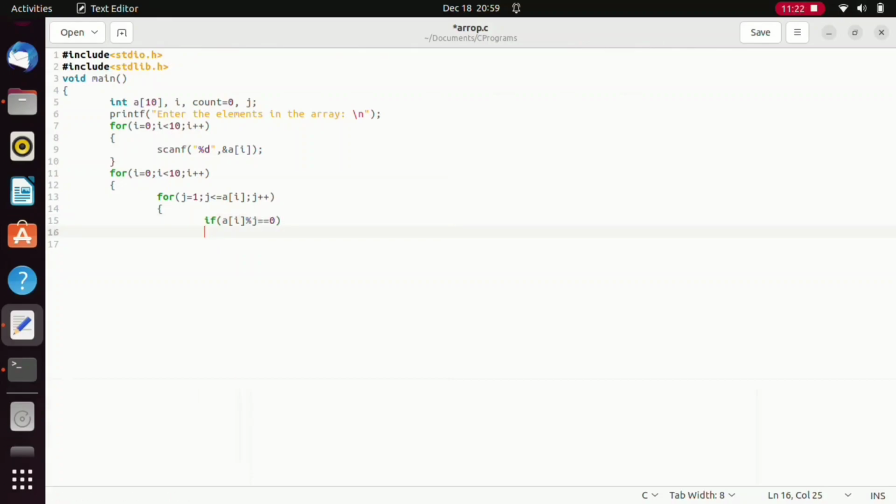If it is true, then we are going to increase the value of count, count plus plus. After performing this section of code, we are checking whether the value of count is 2 or not. If it is 2, simply print that element. So we'll check if count equals 2. That means simply print that, printf %d, a of i,